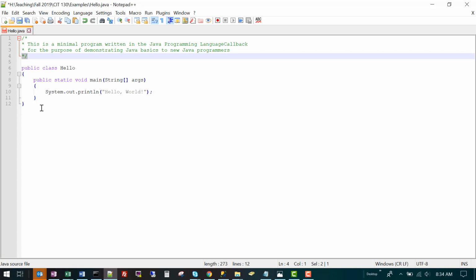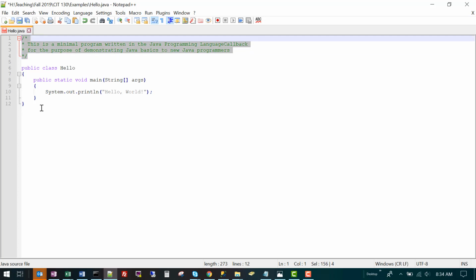And the */ lets the compiler know the block comment is complete. So this entire set of typing in here is to be ignored by the compiler and is only viewed by people who are reading the source code. These are comments that allow other people to understand what your code is.